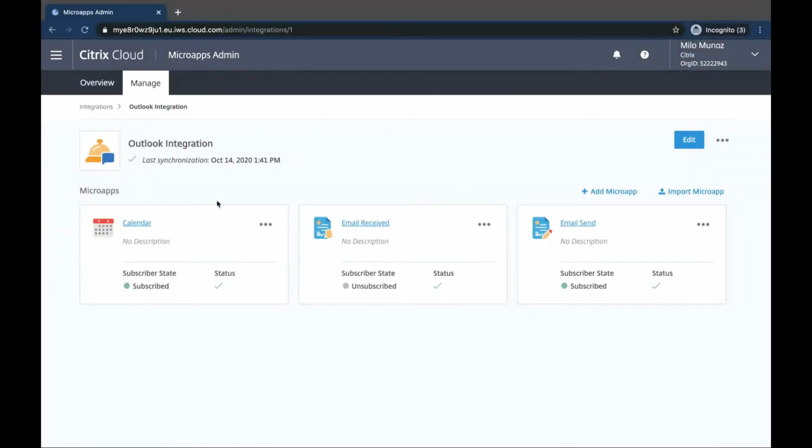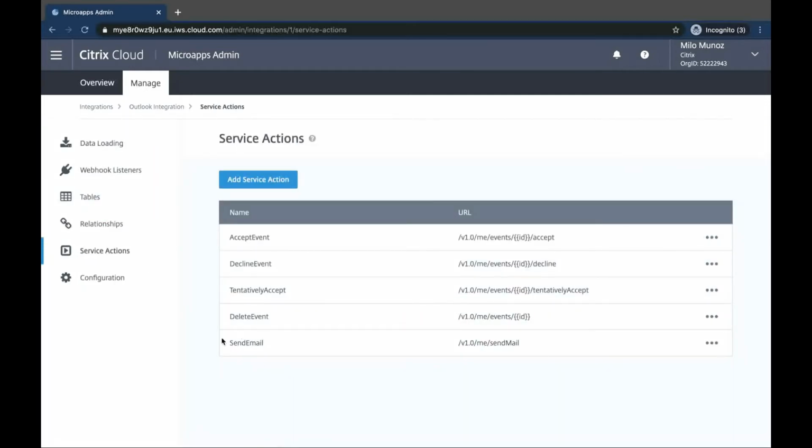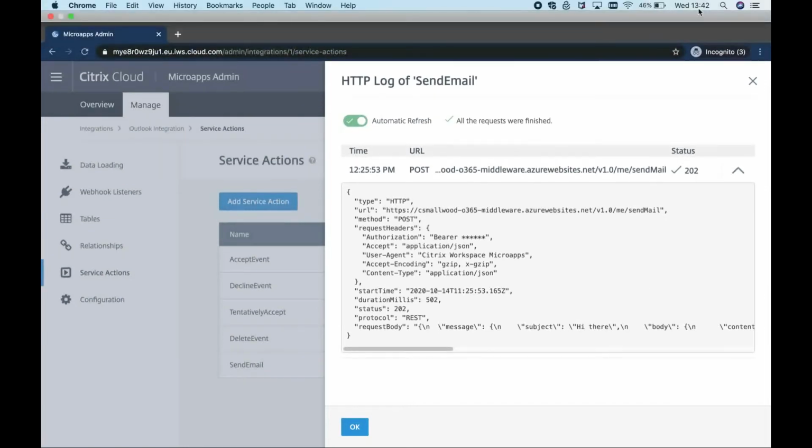Here we have the Microapps platform, and this is our integration. You can see 3 Microapps here. The one we were just interacting with was email send. And this is the Outlook integration that it sits within. Let's have a look at this integration. We've implemented a service action called send email. And you can look at the logs for this. Show log, and we should see that at the time now, which is